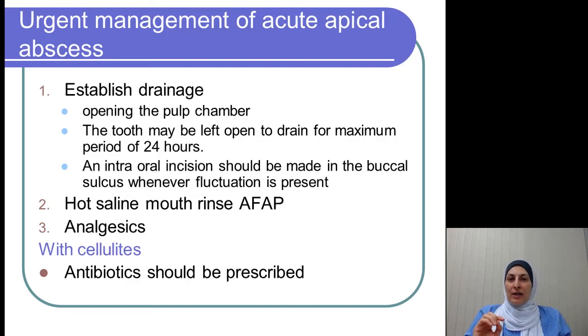Analgesics, I would go for non-steroidal anti-inflammatory drugs, because here the problem and the condition is inflammatory in nature. So prescribing anti-inflammatory would reduce the inflammation and relieve the pain in a better way than paracetamol, for example, that does not affect the inflammation. So I would go for NSAIDs for analgesia, and I would prescribe antibiotics if there is a cellulitis, there is